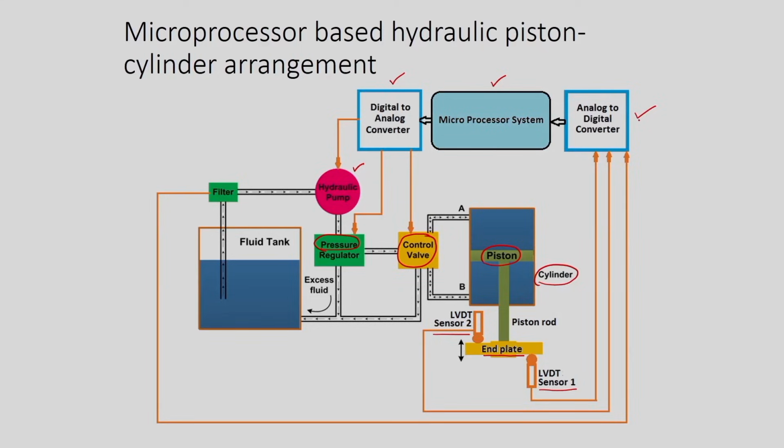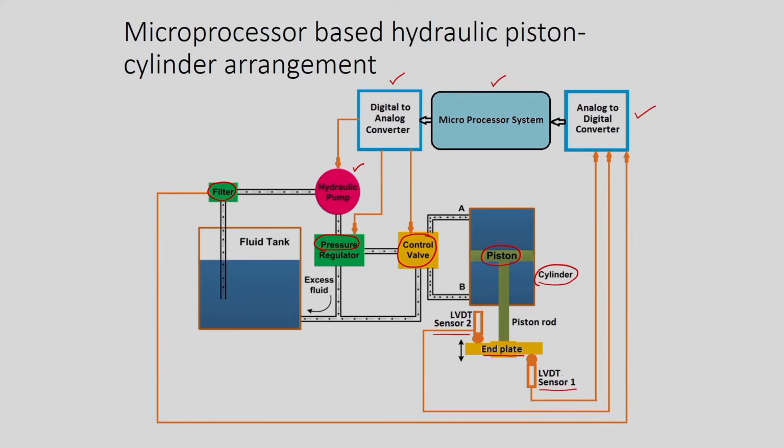The microprocessor is also monitoring the quality of the hydraulic fluid being used, by monitoring the signals coming from the filter. If the fluid is contaminated, if it has many physical particles that may clog the system, that may harm the system, then the microprocessor will give the alarm. It will ask the operator to change the fluid. Now, you can see how the microprocessor may operate the piston cylinder arrangement.